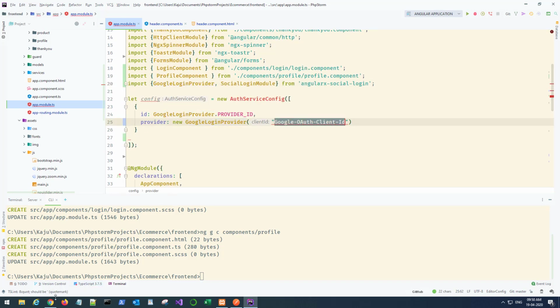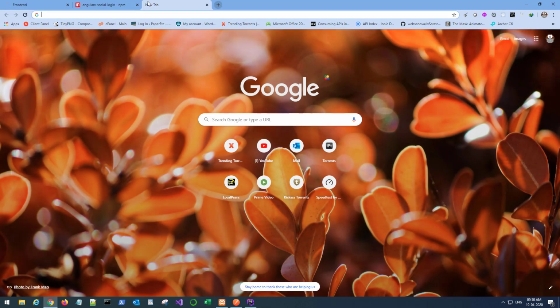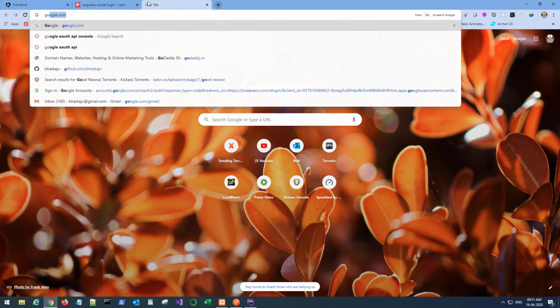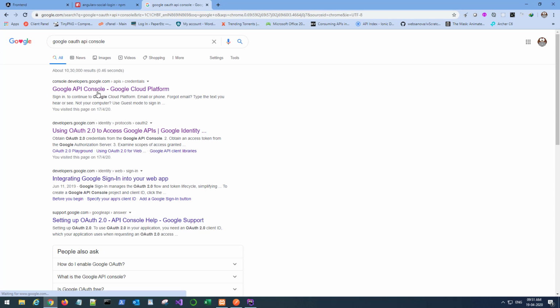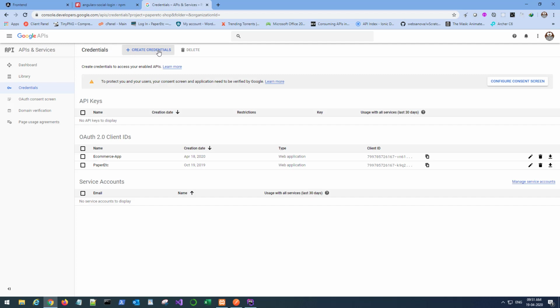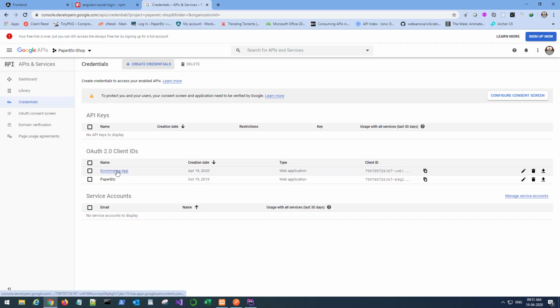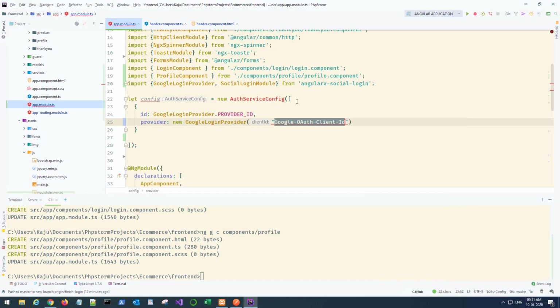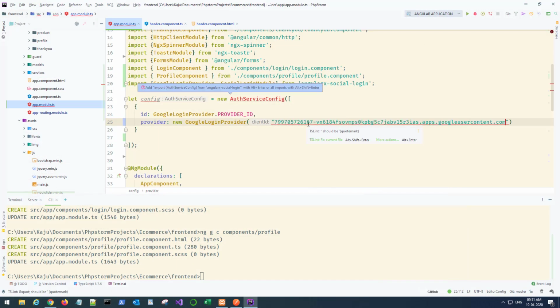And here you need to specify your client ID. So if you go to the Google OAuth API console, you need to create a login with your Google account here. Under credentials, you need to create credentials. I've already done that for my e-commerce app. You copy that here, and paste it in the client ID. Okay,